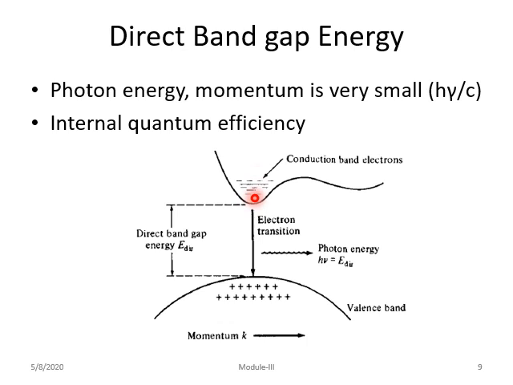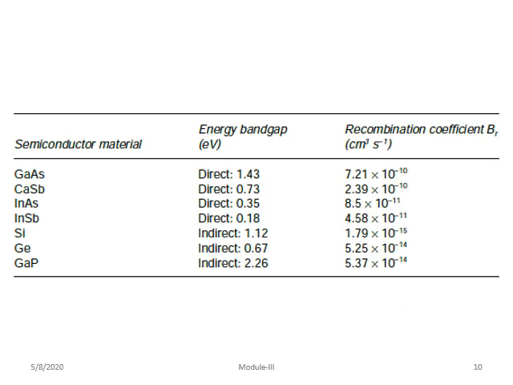So this is a transition from the top layer to the bottom layer directly, with the photon energy released, which we call h nu. With the speed of light, h nu by c is considered, and the momentum is defined as k. This will always have some internal quantum efficiency defined with respect to the band gap energy, and the band gap energy depends on the material.